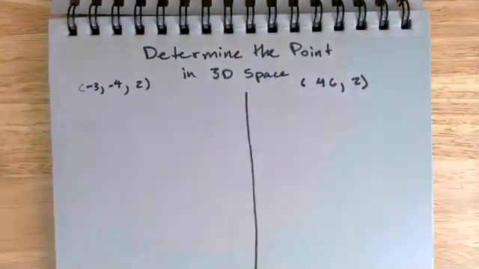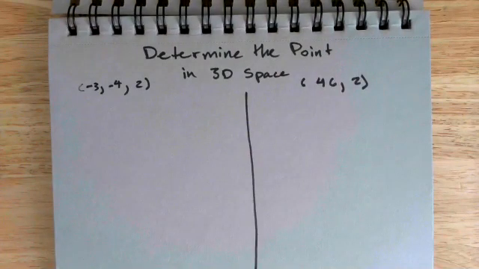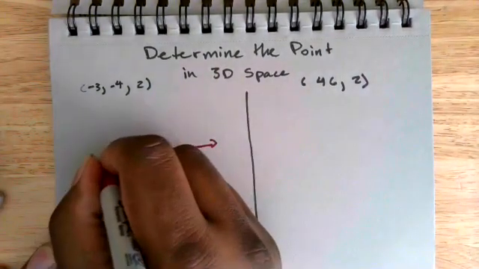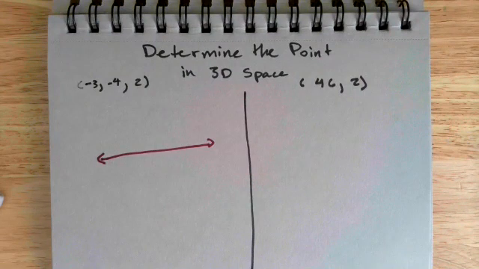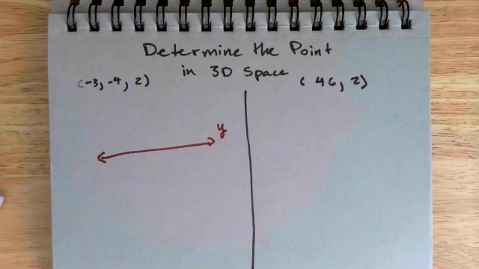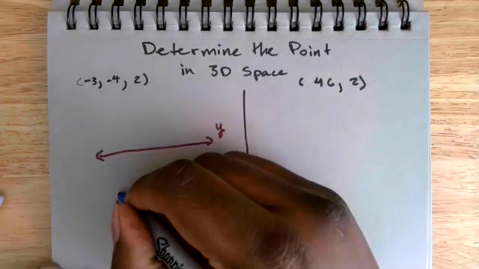All right, so we're going to do a couple of problems here. It says determine the point in 3-dimensional space. All right, so I'm going to show you how to do that. The first thing that you're going to do, create your x and y axes. And the best way to do that is start with the y axis. So what you're going to do is draw kind of like a horizontal line. And I'm not the best artist in the world, but you all will roll with me, right? Make your y axis first. Then you're going to draw at an angle